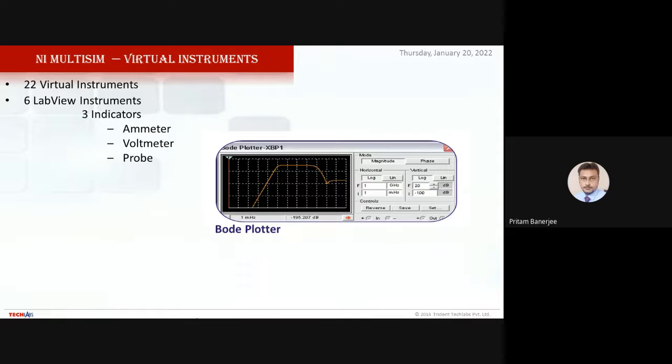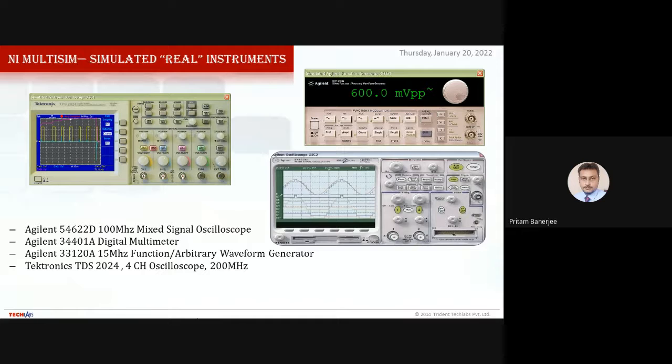Different virtual instruments are also provided for filter applications. There is a Bode plotter, so that we could visualize the low pass filter and high pass filter characteristics, some IP analyzer, as well as some 3D components